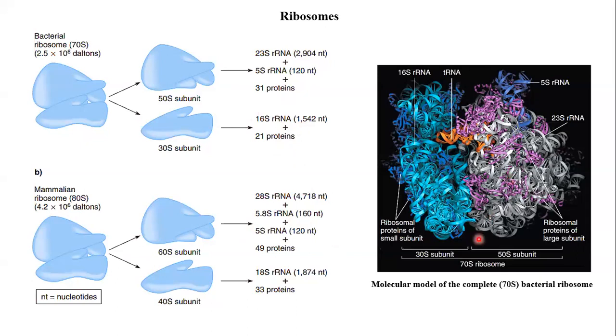This is the molecular detail of the ribosome. The ribosome actually looks like this. Here, the tightly coiled structures are proteins, and these single strands which are wound on themselves are the ribosomal RNA. This is the 30S subunit and this is the 50S subunit. This is the detailed structure of the bacterial ribosome. And this orange one is the transfer RNA. So you can imagine the three-dimensional structure of the ribosome, how transfer RNA binds to the small and the large subunit, the complete ribosome. So this is considered a binding site for the transfer RNA.